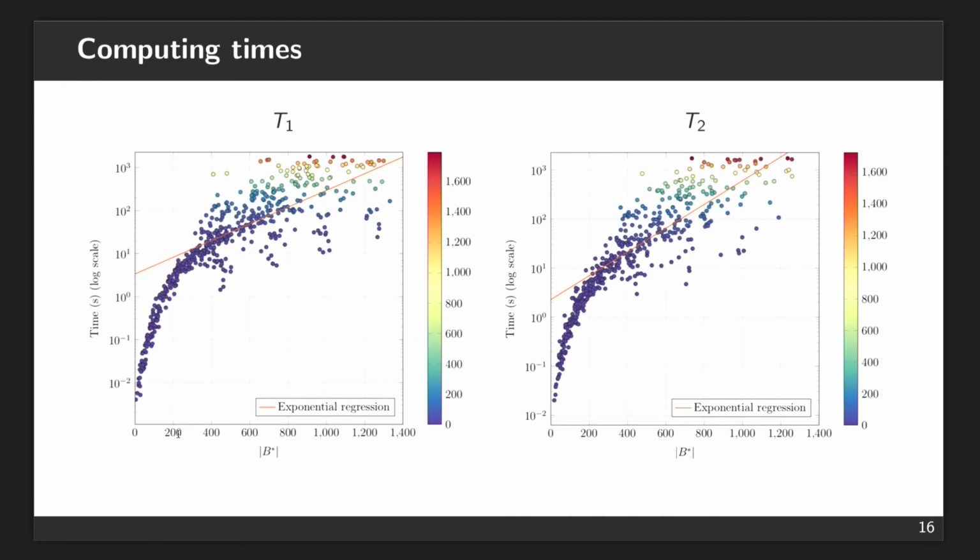This is the graph for the times. It is a log scale, with T1 instances and T2 instances. This is the number of barriers after the discarding procedure. You see that the time grows exponentially, but the blue ones were around 35 minutes. Most of the instances were solved in less than 5 minutes. And the straight line here is a little steeper for T2 than T1. Again, T2 instances are more difficult.